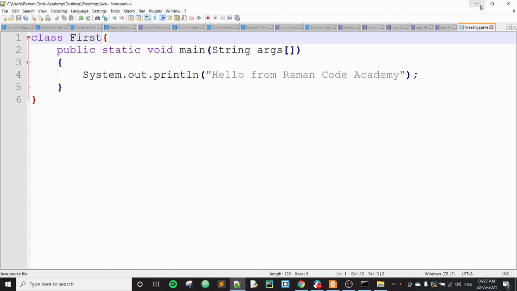When you execute that .exe file, you will get your output. Try to understand one thing. This .exe will be executed only on Windows operating system and it will not work with other operating systems like Linux or Mac.